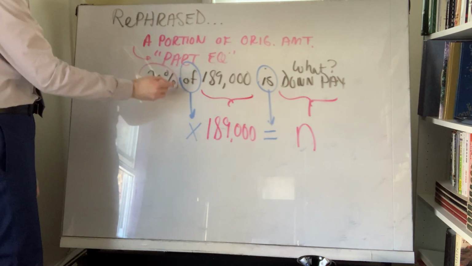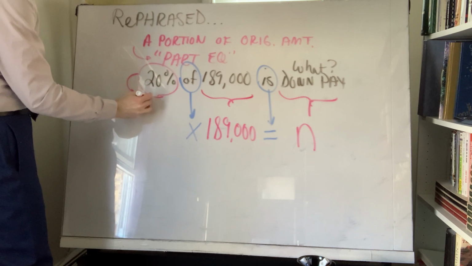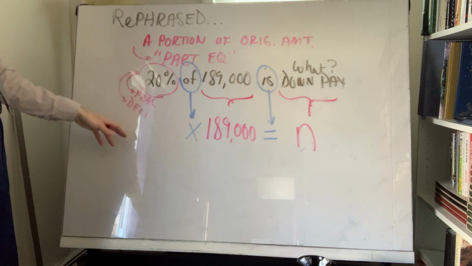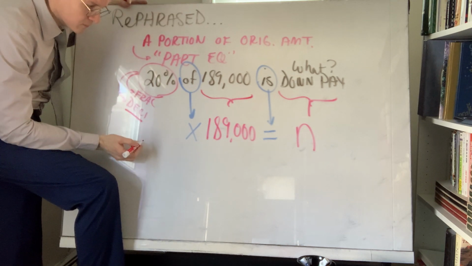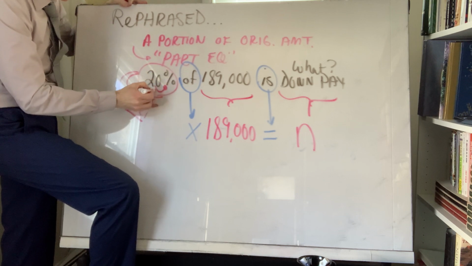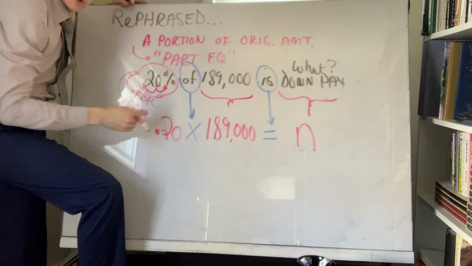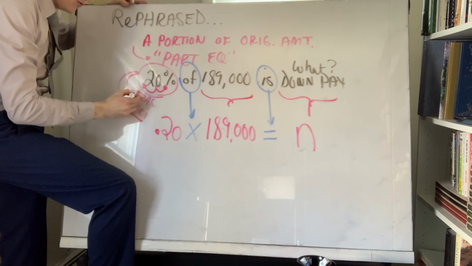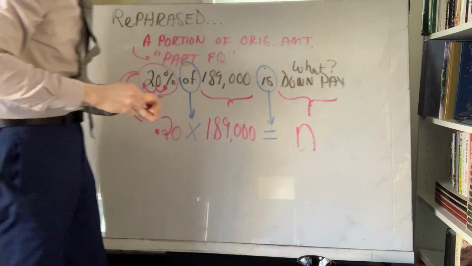Then there's this 20%. You could translate this percentage to a fraction if you like, or you could translate it to a decimal. I think people are probably more inclined to make this a decimal because they're going to use their calculator. When you're converting from a percentage to a decimal, you just move the decimal point twice to the left, making this 0.20 times that, which you just enter into your calculator, and it spits out the answer. But don't be intimidated. If you make this a fraction, you're still dividing by 100, but you're doing it in a more literal way,